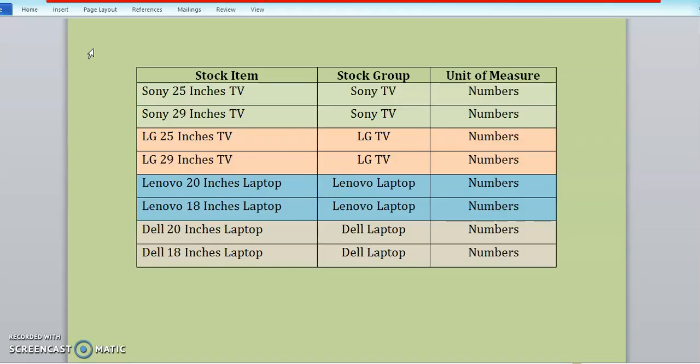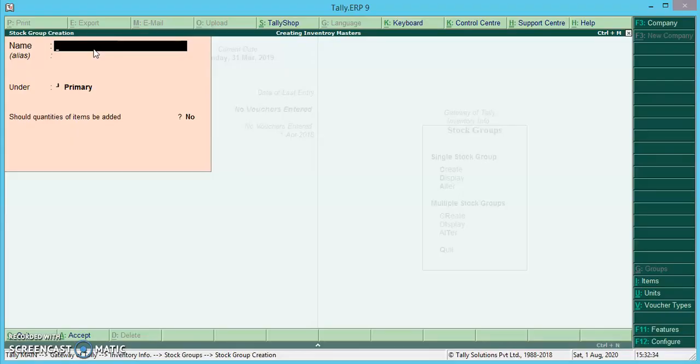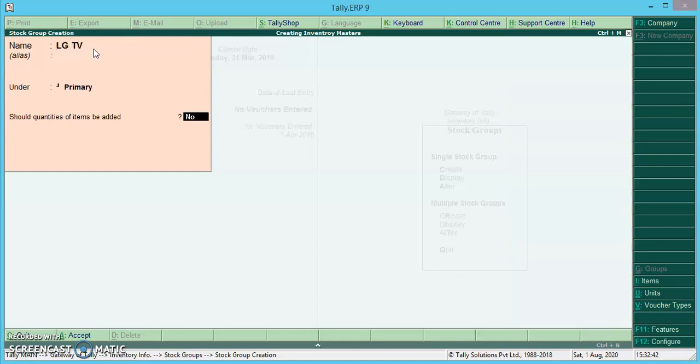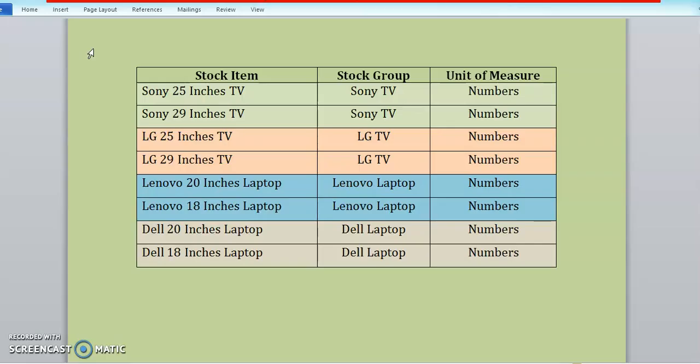Now in the same manner, create LG TV. This also comes under the primary. Quantities be added? Yes. Accept? Yes. And then next we are having Lenovo laptop.